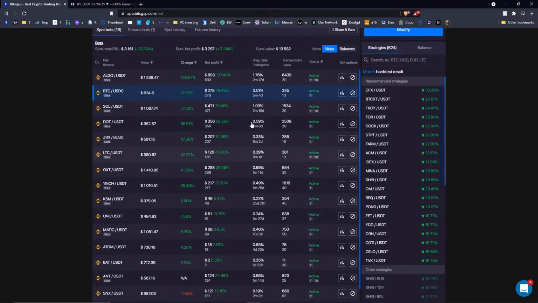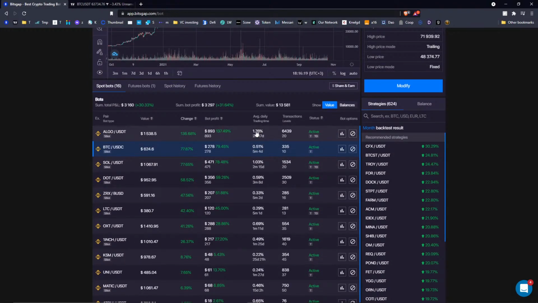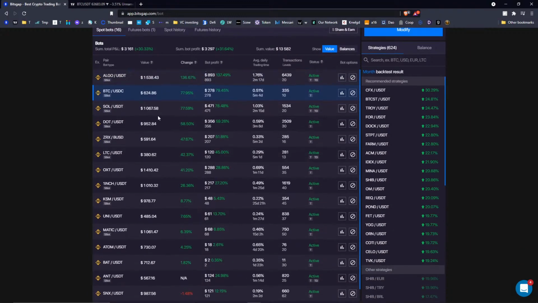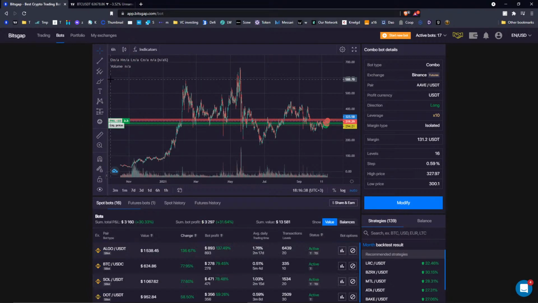But the way for you to monitor is to just look at use cases like I have here. You see some make me 0.5% per day, which is more than enough to cover expenses on just the subscription on Bitsgap, to cover the cost of trading here. So that's why I have like 17 bots as of now. Even the futures bot here, for example, up to 20 with the current subscription. Okay, so let's go and see what else we've got to answer.